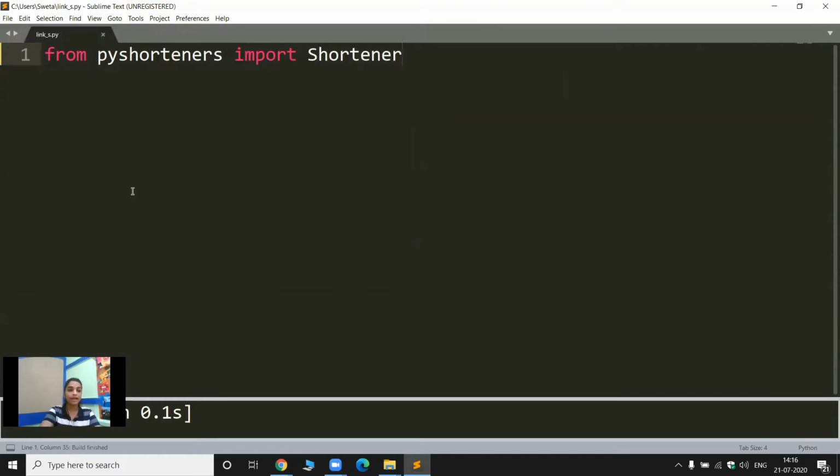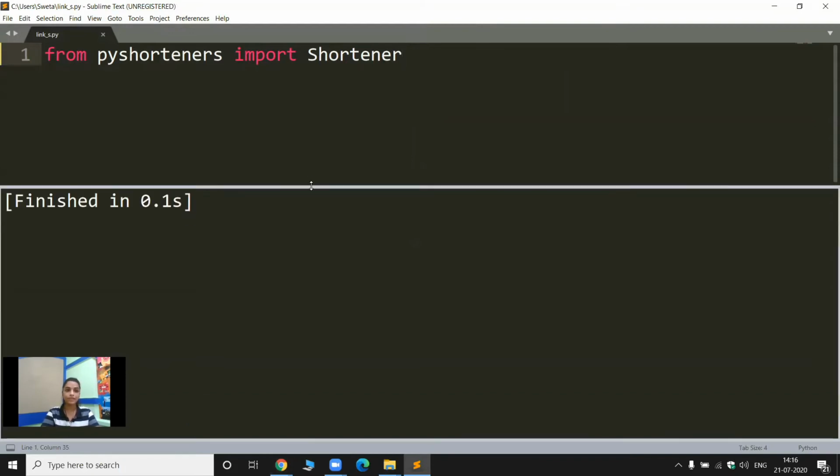If I run it, it is finished, which means it has been imported. Now I need to create an instance of this shortener. So let's just write s equals Shortener. Again, I have created an instance.